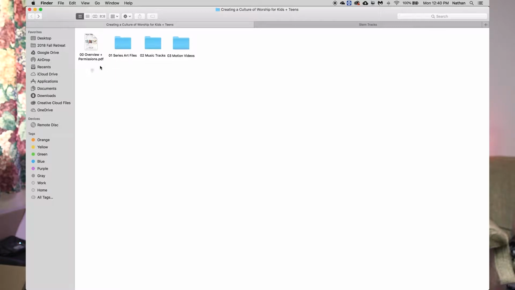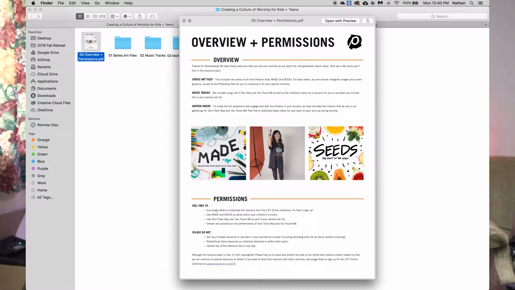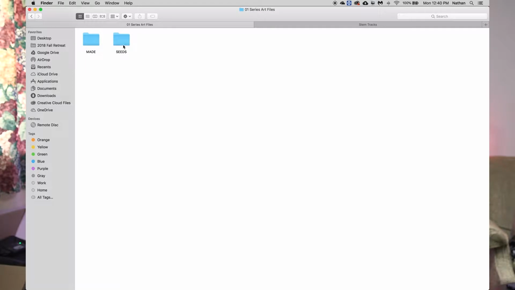Okay, so this is the file you get. There's 4 folders inside of it. There's one talking about the overview, information, and permissions, what to do with it, what not to do with it, talking about what's in it and how to use it. So the first folder is series art. We got our fonts,